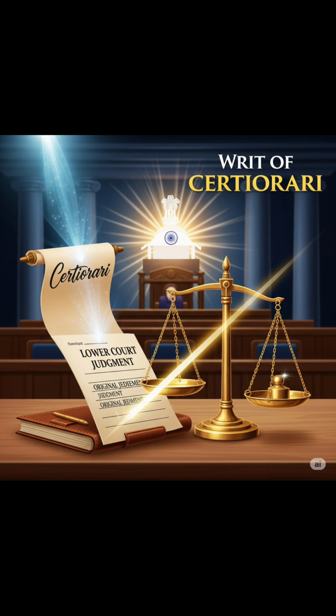In a famous case of TC Basappa v. T. Nagappa, 1954, an election tribunal passed an order without following proper legal procedure. The Supreme Court used certiorari and said, any order passed without jurisdiction or violating natural justice can be struck down. This case established the wide powers of courts to ensure fairness. In short, when something goes wrong in judgment, certiorari is the legal remedy that sets it right.